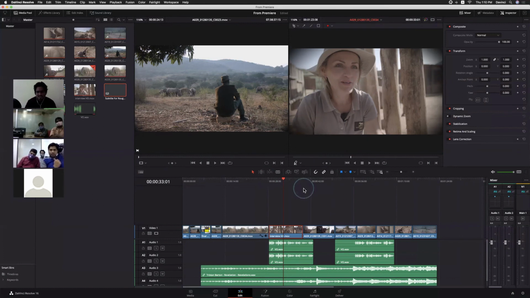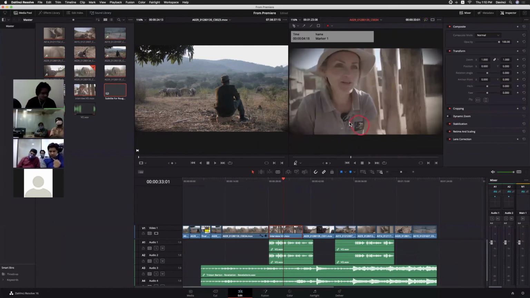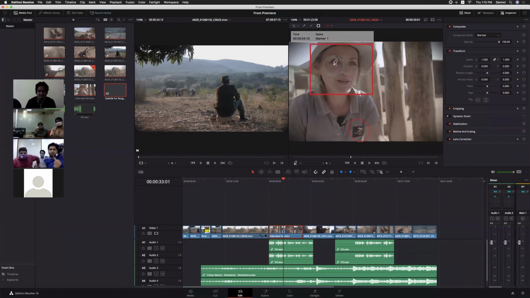Say you want to tell a CG guy to hide this logo or track this logo. You can do it like this, or maybe you can use different shapes also. Let's make her face more saturated, or let's make this thing a blur and everything.